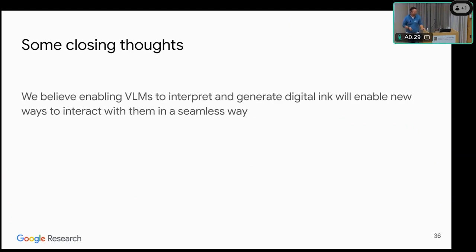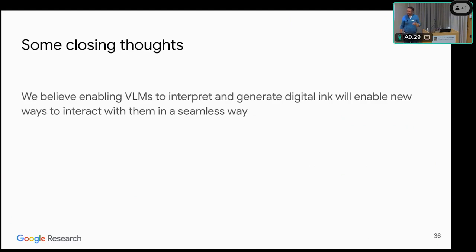So the last thing I wanted to mention is that we believe that enabling these vision language models to interpret and generate digital ink is going to enable new ways to interact with them in a seamless way. So, we talked about inputs on different form factors: phones, tablets, watches, cars, etc. We think that strokes and drawing and things like that are a very natural way to interact, right?